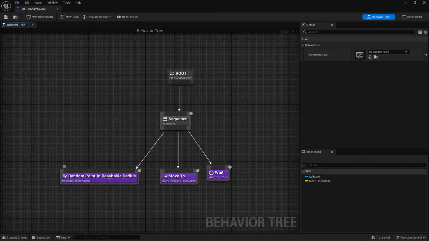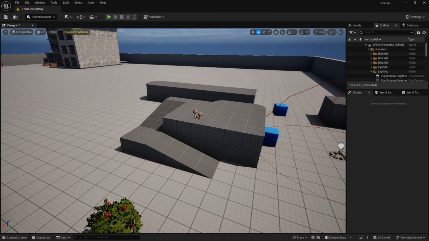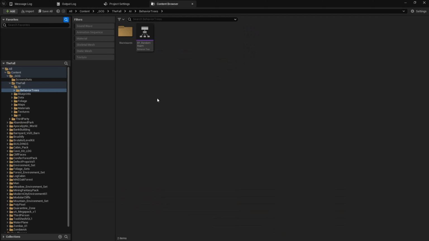It's going to find a point that's reachable. It's going to move to that location, and it's going to wait for a random variable from 3 to 7 seconds at that location. So I'm actually going to change that to 1 to 5 seconds. I'm going to change that wait just a little bit. And as mentioned, this episode we're going to be setting up the really rudimentary AI just to make sure